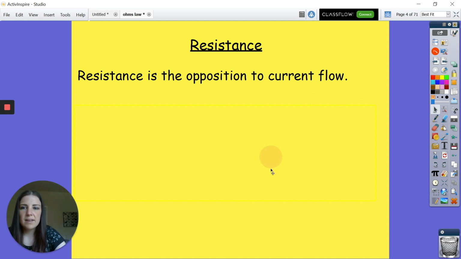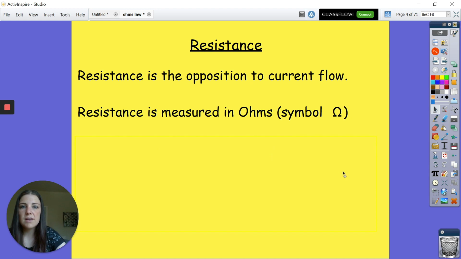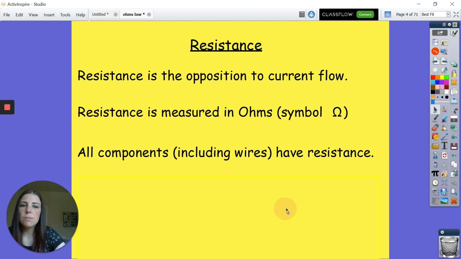A couple of things to point out. Resistance is measured in ohms, and the symbol for ohms is the omega sign. Also, all components have resistance. For some components that resistance is always going to be pretty constant; for others, how much resistance they have can change. For instance, and I'll get into this more later on, think of a light bulb, a normal filament lamp,